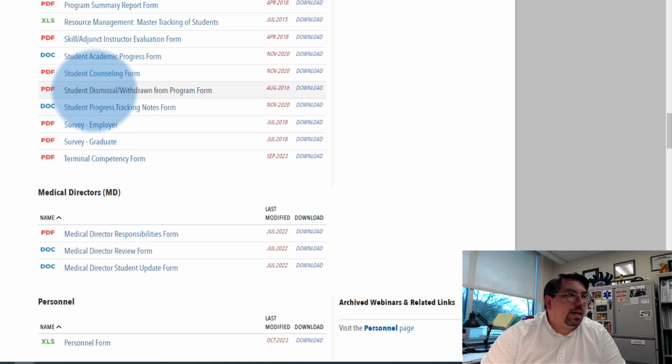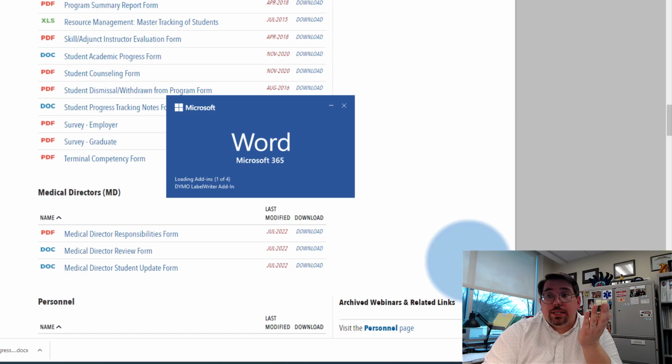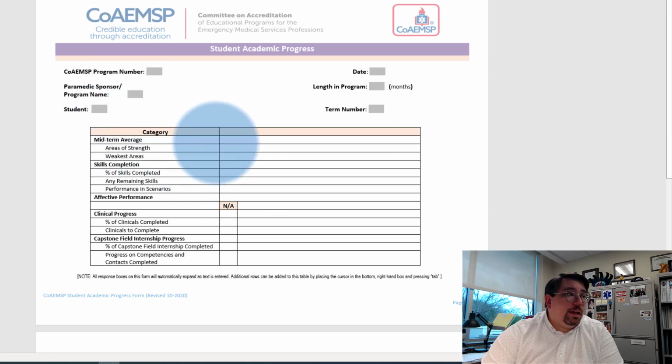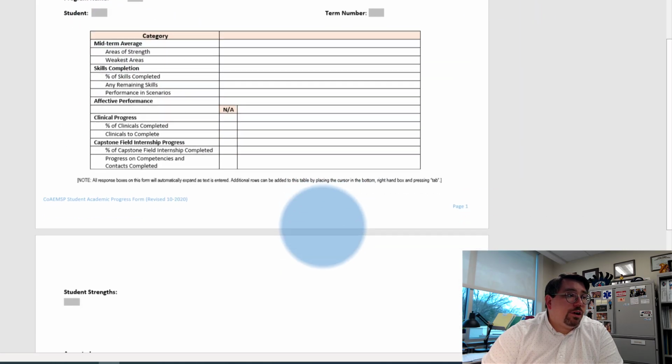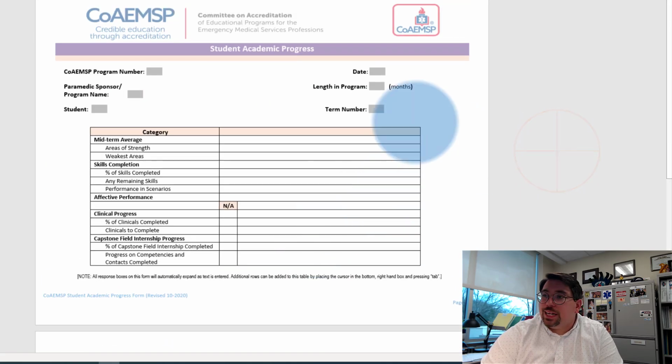And then the last one I was going to show you, student progress note tracking. And here's another example of those too. And again, I would encourage you to check these sites out. It's definitely going to be helpful for you to get an idea of what some of these look like. Okay, so here you can easily see again areas of strength, skill progress, student strengths, areas for improvement. Just another really nice way of being able to document students' academic progress in a nice typable form, easily editable.